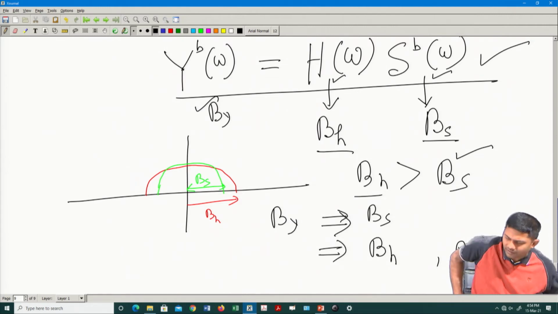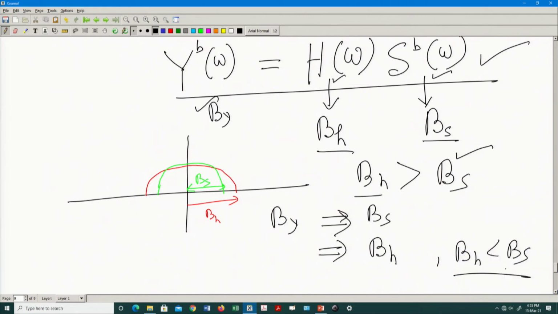This is a very standard filtering concept, nothing great about that. But let us understand what is the impact for case number 1, what is the impact for case number 2. What exactly does it mean? That your channel bandwidth is greater than your transmission bandwidth, and channel bandwidth is less than your transmission bandwidth. What is the impact of it? Naturally, in case number 1, when the channel bandwidth is more than your B_s, it passes most of the components of your transmission system. Obviously, there may be phase distortion, but at least the components go through with some distortion in the amplitude.